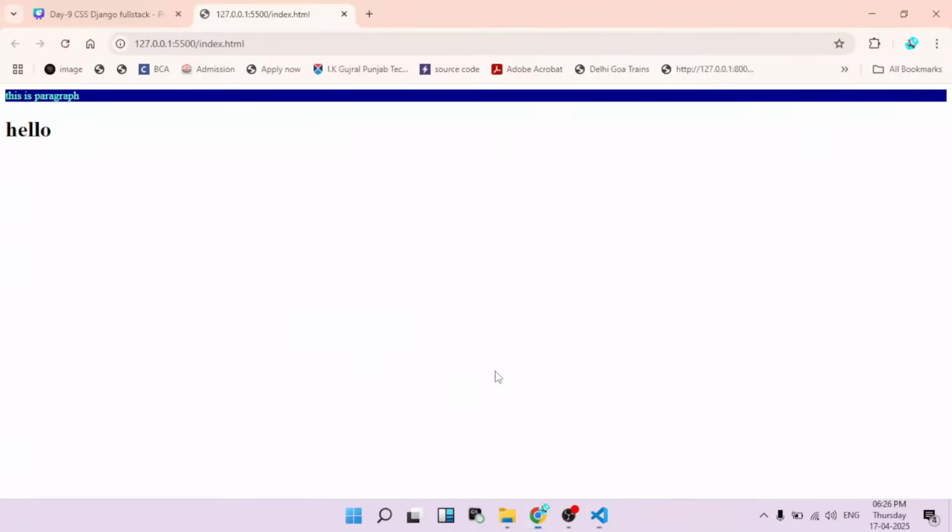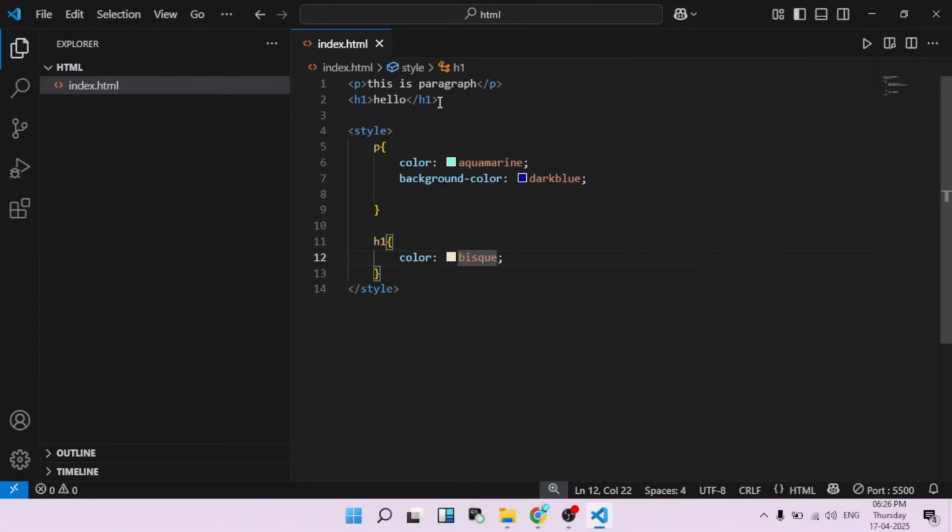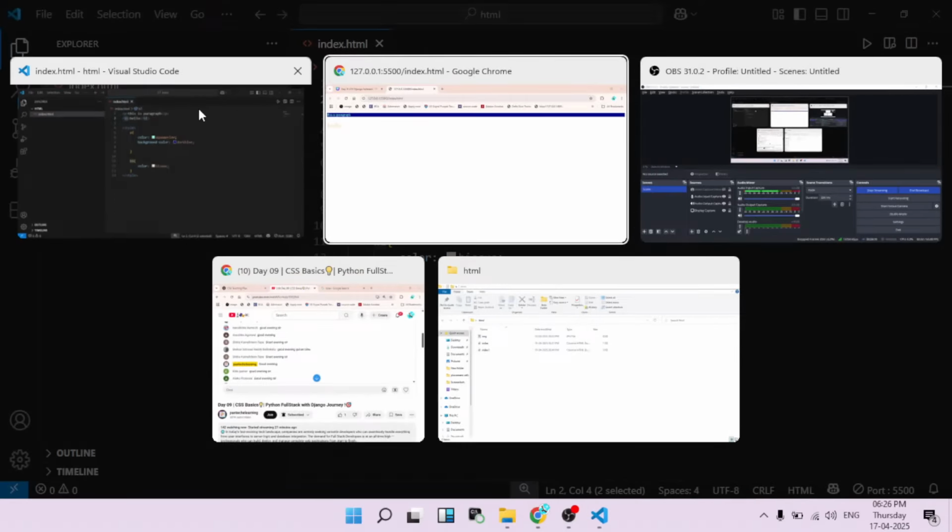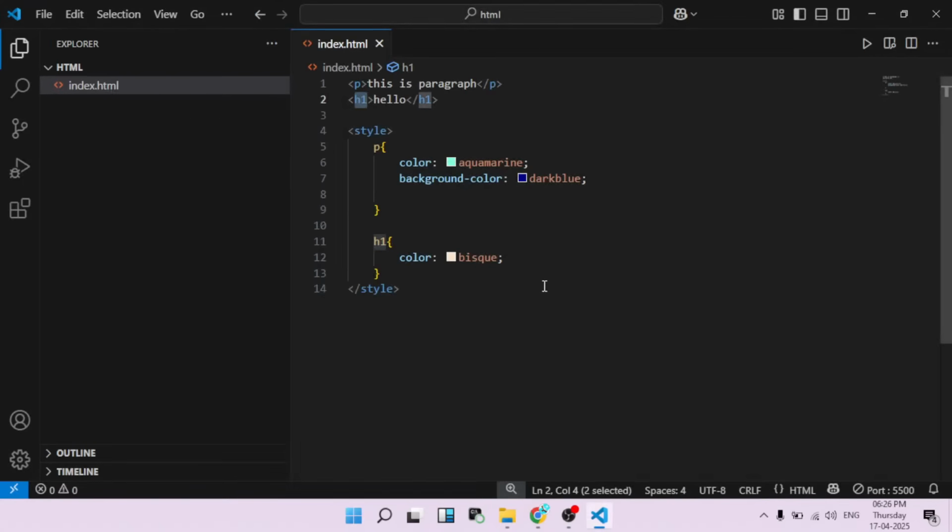Okay, now if I go here, the color will be changed. Selecting the HTML tag using the name of the element. What is the name of the paragraph element? And this is the h1 element. Based on the element, it is called